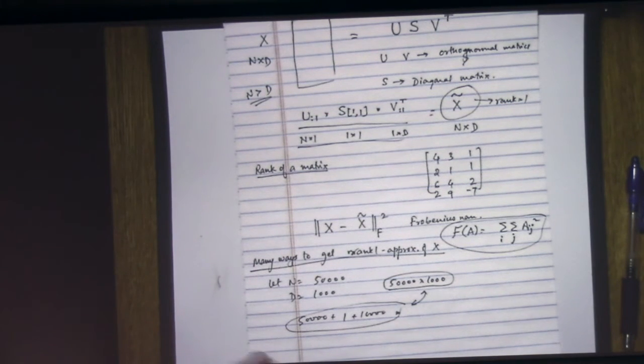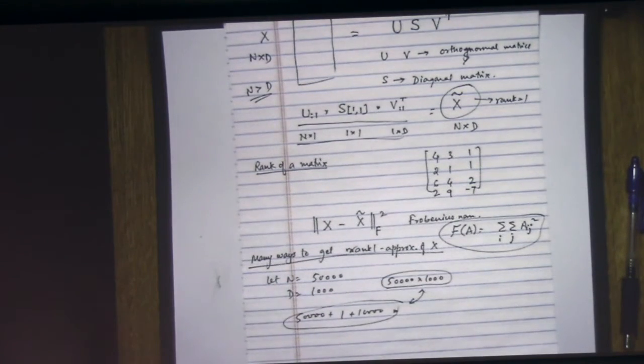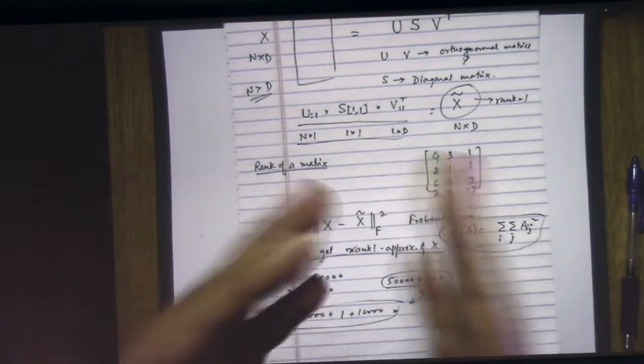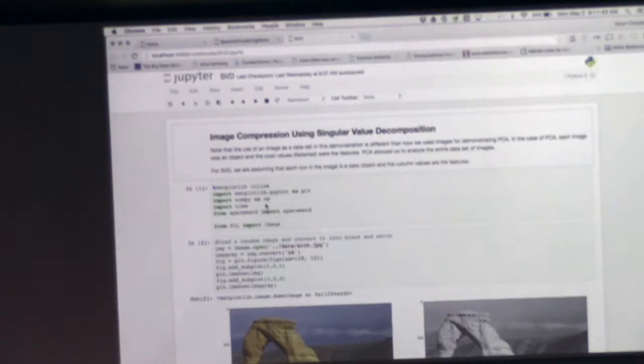So maybe just taking the first column might not be very good. You might lose too much information. So you can take the first few columns and it will give you some reasonable loss, right? So if you remember our demo last time,